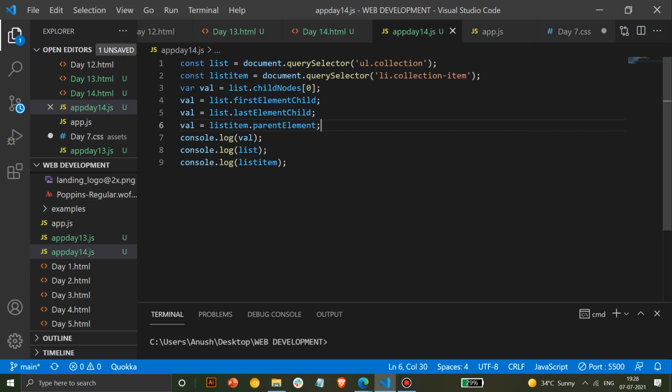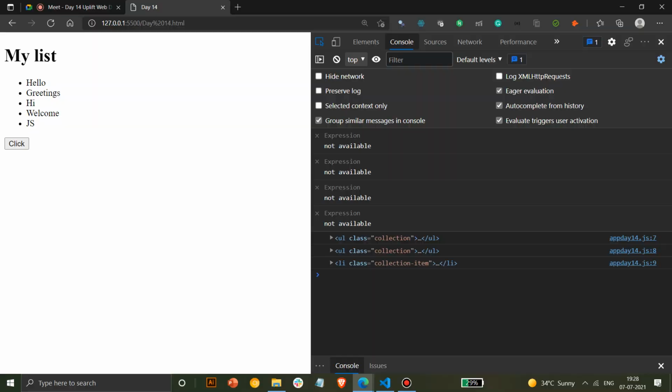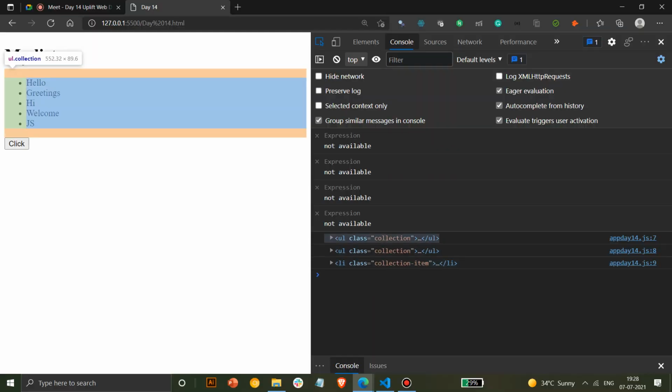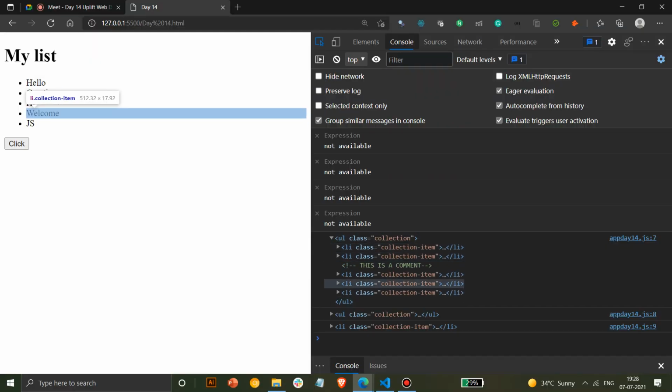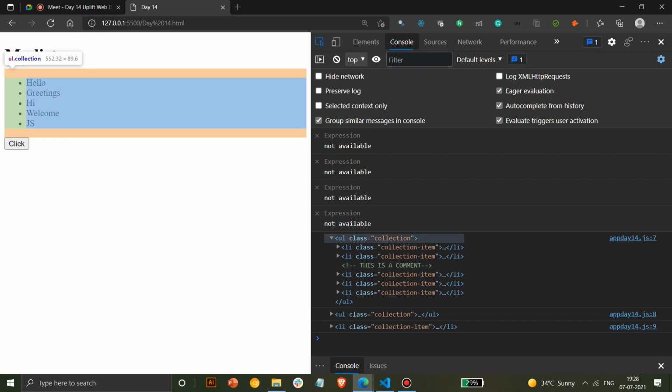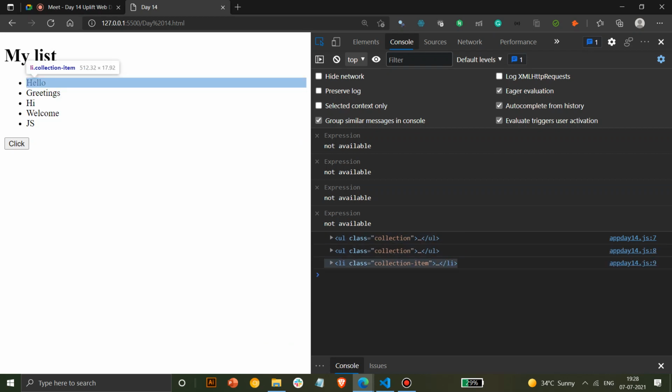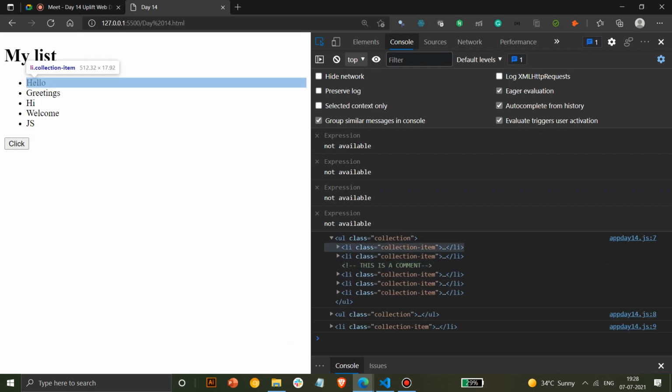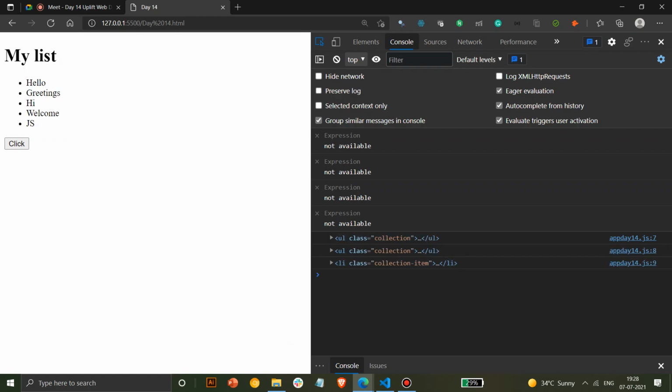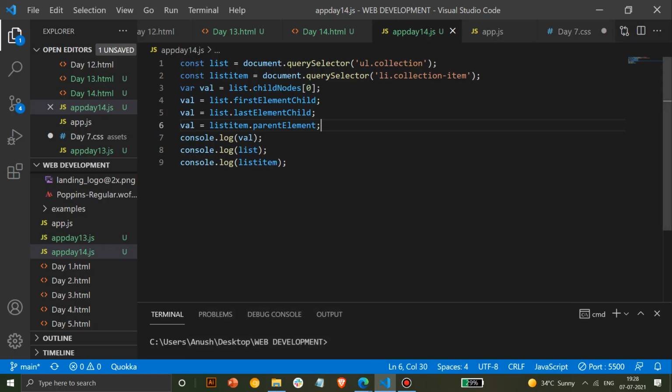What will be the output? You already know, that's UL. Yes, you can see a UL is displayed here, and it shows the comment too. Do remember that it shows all the elements present inside it, even the comments. Is this clear up till now? It shows the parent if you call the child. Moving on, we also have something called parent element. We have parentNode also.